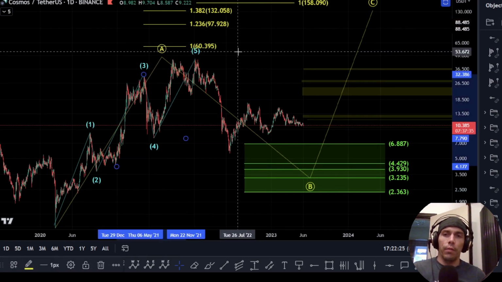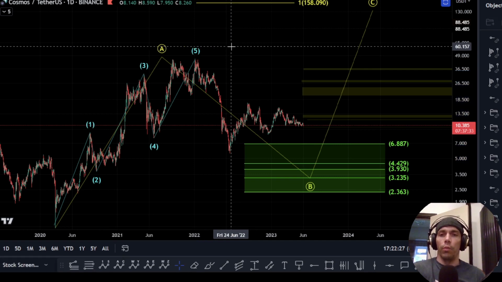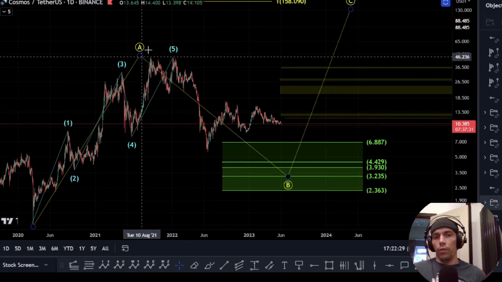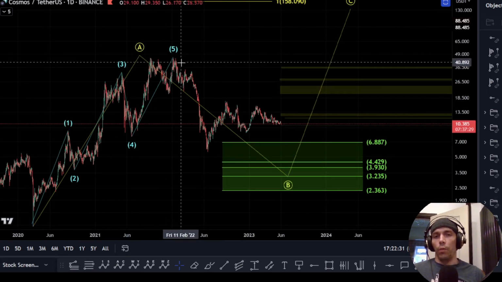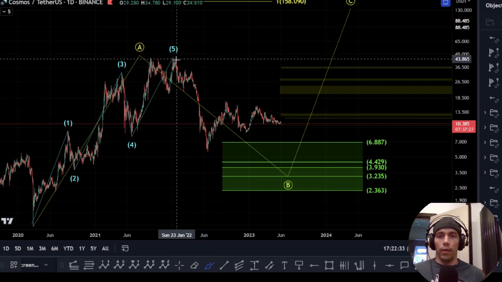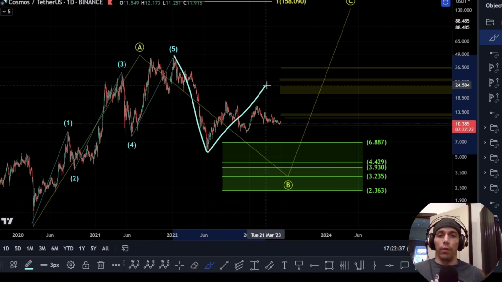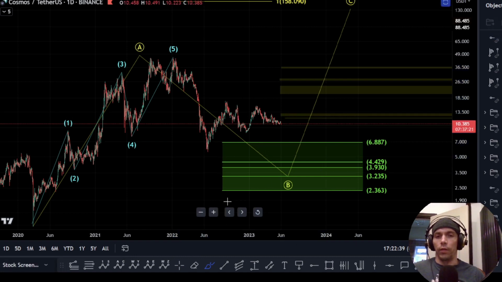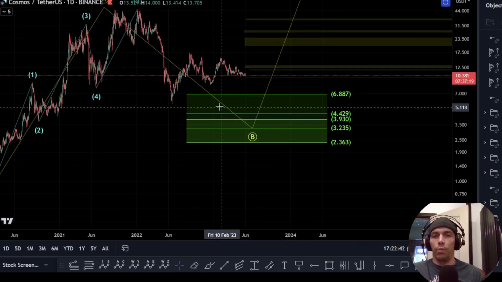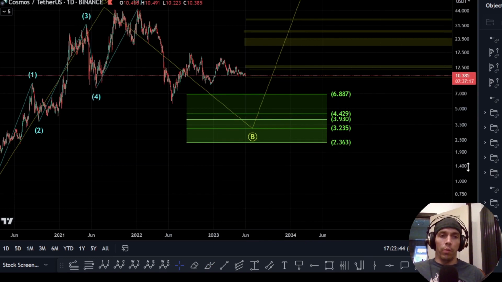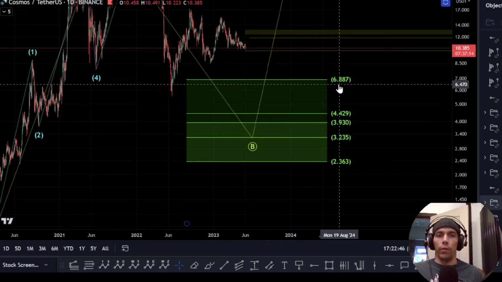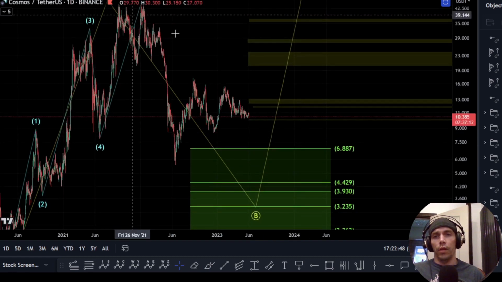Because of that fact, we need to be aware that this move up here is an A wave. What we would then be saying is that actually this move to the downside here has become an A wave to the downside, and we're going to get something like this. So we would actually be expecting a much deeper retracement here. We've technically come into this zone of this 688, but if we're treating it in this way,